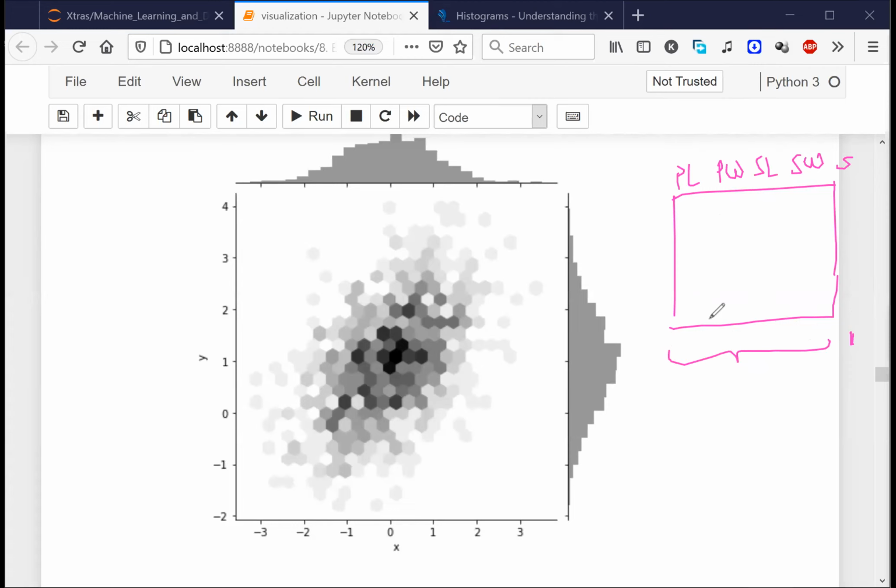Now, try to see this. If I want to check the relationship of this column with this column, with this column, with this column, similarly, I want to check the relationship of these 2 columns and this column and this column. I want to see all these possible relationships. Do you understand that I have to write a lot of code? I have to write multiple different joint plots in order to create multiple different scatter plots for all these relationships. Understood this?